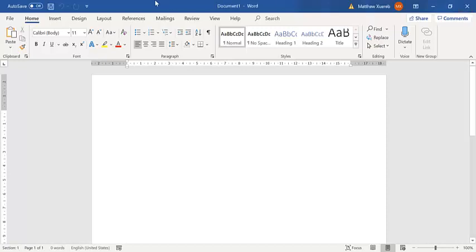In this video, I am going to explain how to create a form with Microsoft Word. However, before we can do a form, we have to get the Developer tab as part of our toolbar. By default, this Developer tab is not available on Word, so to insert it, we have to go on File,